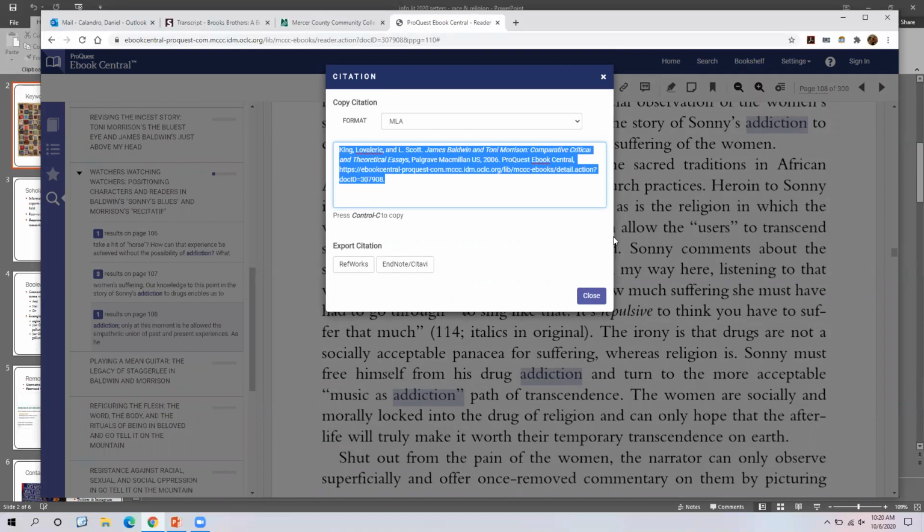Now, the one thing I will say is this, is that sometimes this citation generator, this one specifically in eBrary, sometimes it doesn't work so great, so you have to be a little careful in terms of fixing it. For example, you can see that this book is called Comparative and Theoretical Essays. It's a collection of essays.